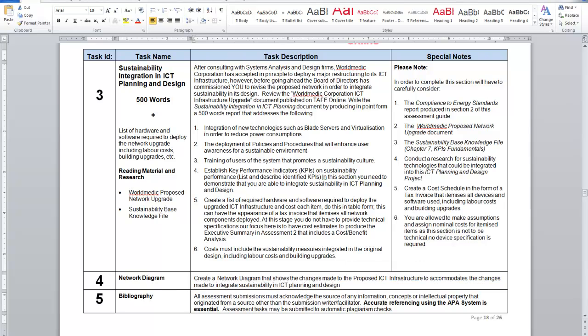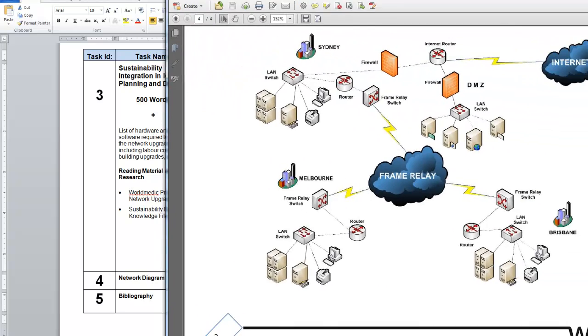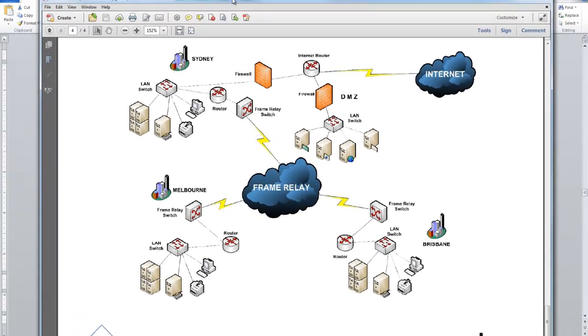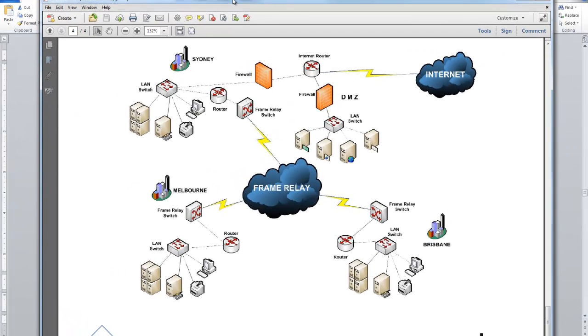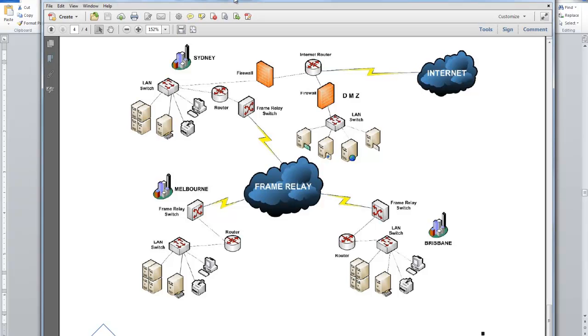In other words, if this is the original drawing, when you integrated sustainability in here, and you have, for example, eliminated this server here,